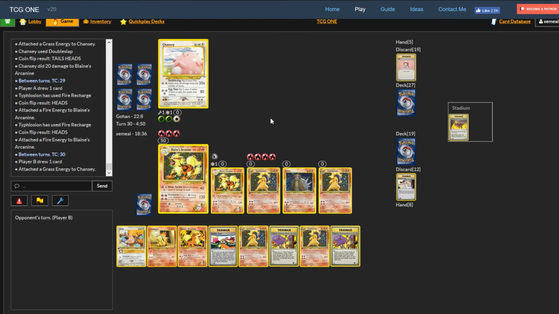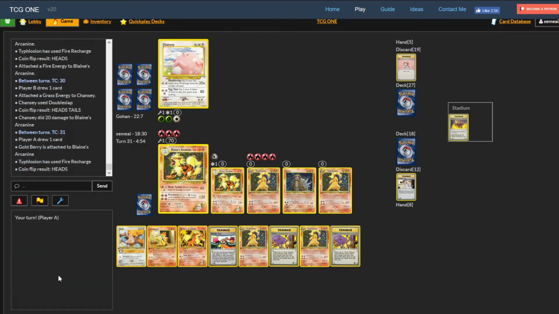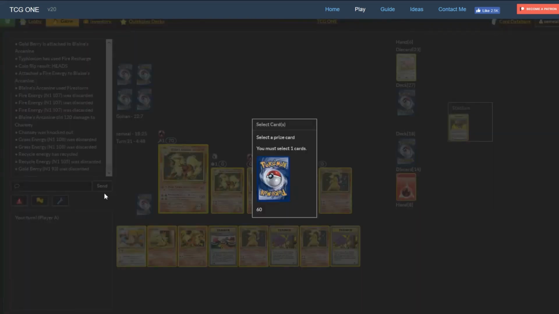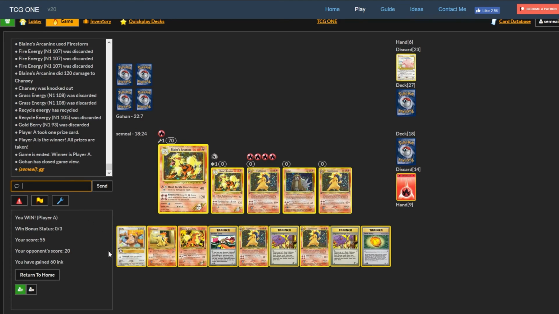He attaches the Grass. I have 40 HP left. Alright, so we're good now. I'm pretty sure that's it. Yeah, that's it. Firestorm. GG,